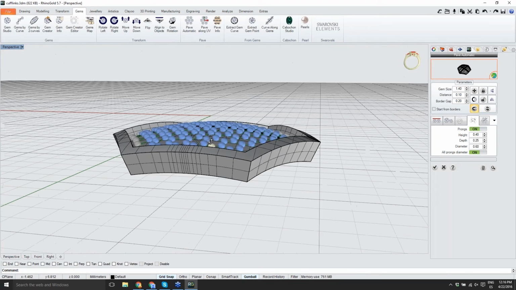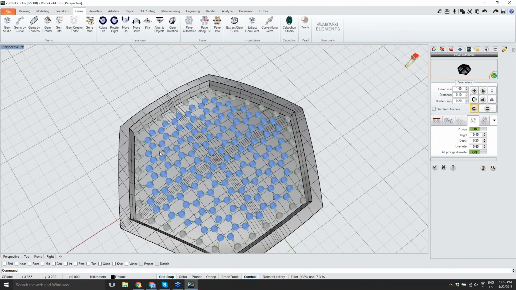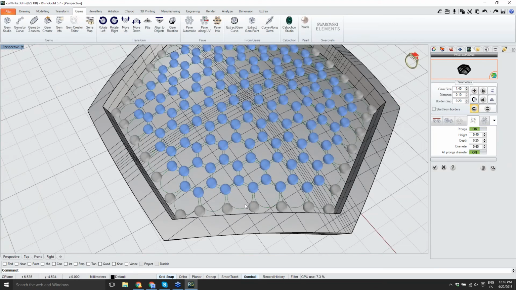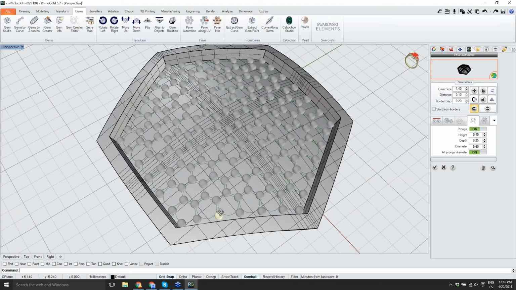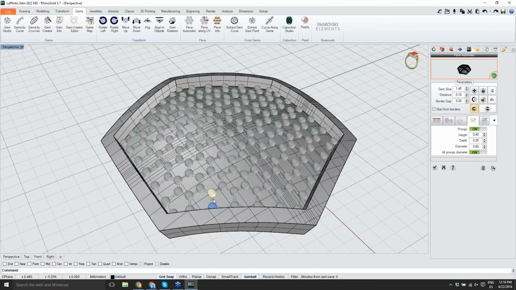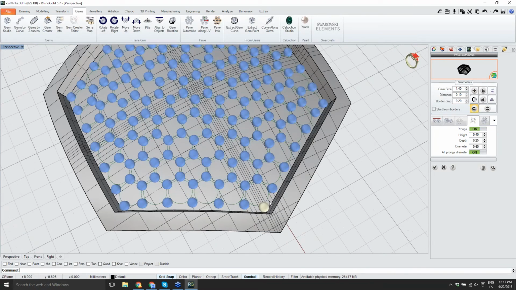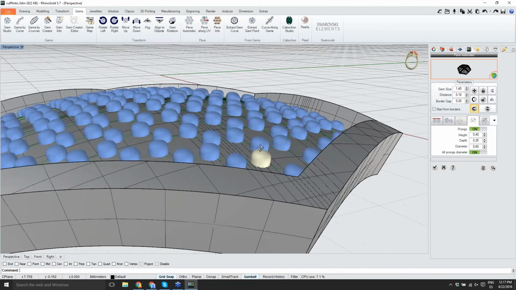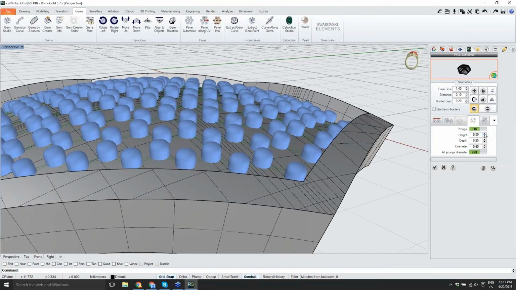Remember, at any moment I can, as you can see, the blue ones are selected, the gray are not selected. Of course I can select the prong individually and move it, or more than one. In this case, if I want to adjust the sizes of all, remember I need to select all. I just need to drag a window, and as you can see, when they are blue, they are selected. So for instance, I can change the height. In this case, I would choose, for instance,